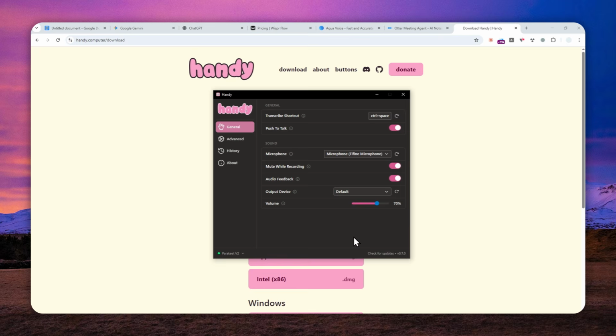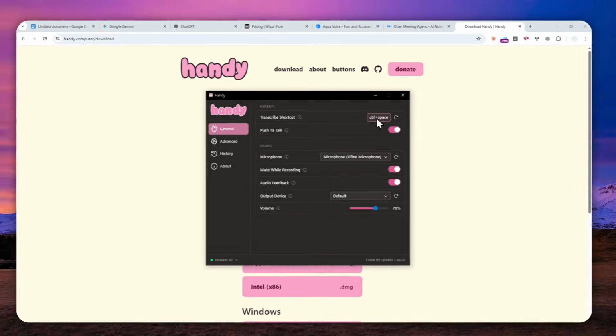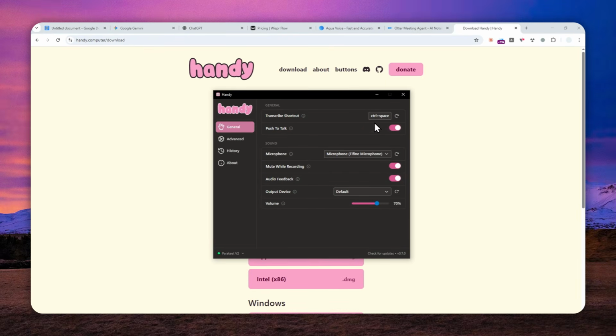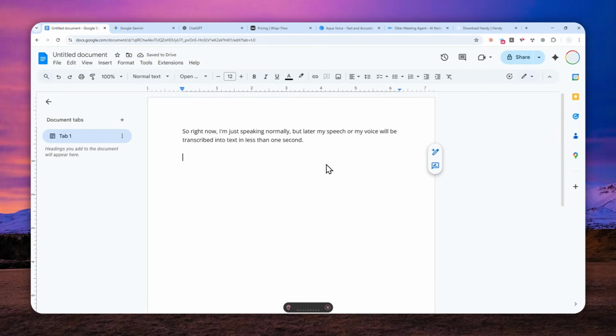So before we talk about the most important component of this tool, I guess I can walk you through a few settings that you might want to change. So here, you can open the general section and you can specify the shortcut to trigger the tool. For me, it is Control and space. So basically, when I press the keyboard shortcut Control and space like this, it would trigger the recording, and now it is recording my voice to be later transcribed into text. But when I release the shortcut, it would just immediately paste that text into whatever text area my cursor is in.